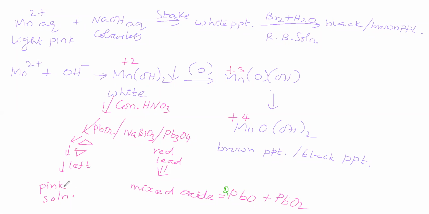What is the resultant? The resultant contains permanganate. Permanganate color, instead of saying pink, we can better say violet, or purple. Violet or purple we can say. So when Mn+2 is converting into permanganate, this Pb+4 is converting into Pb+2, and this bismuth +5 is converting into bismuth +3. Here this Pb+4 is converting into Pb+2. It is the test for Mn2+.